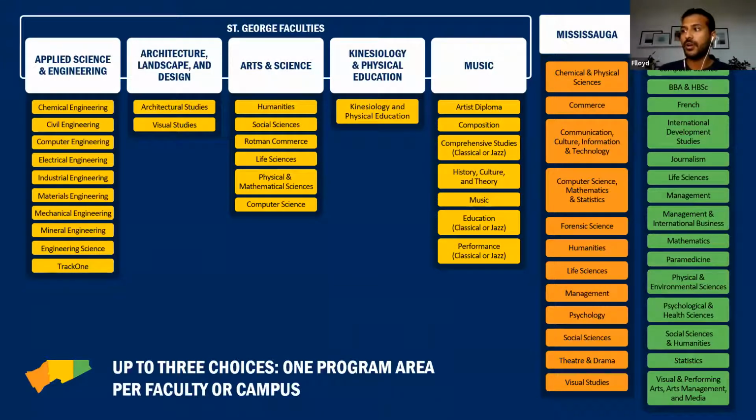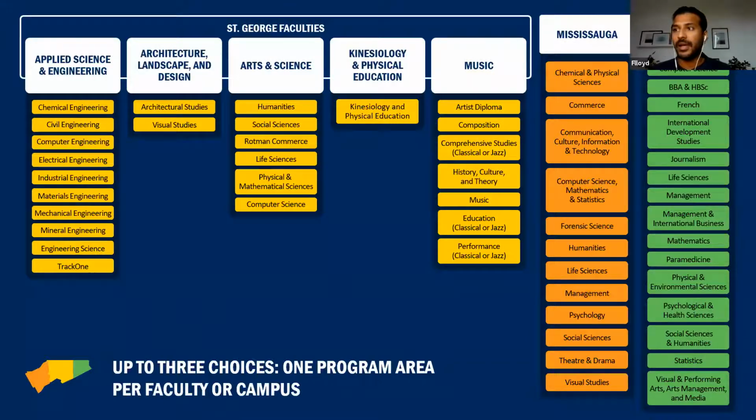So let's say you're interested in arts and science, you wanted to do social sciences and humanities, you would pick the one that you're most interested in and apply to that one so that you get that enrollment priority for social science courses. And then you can go in and select the courses you want to do during course selection at a later time.